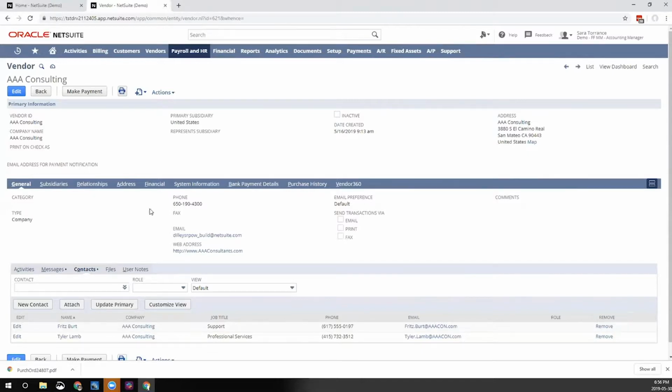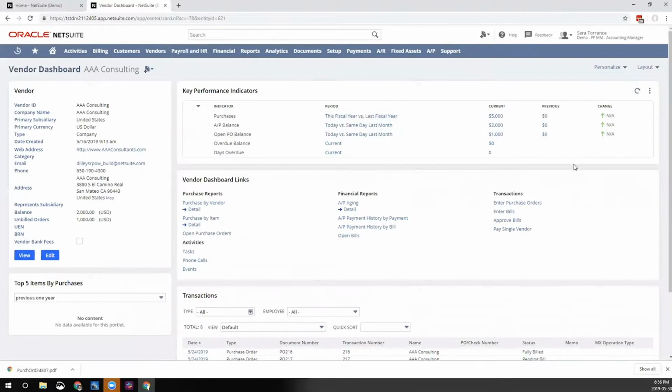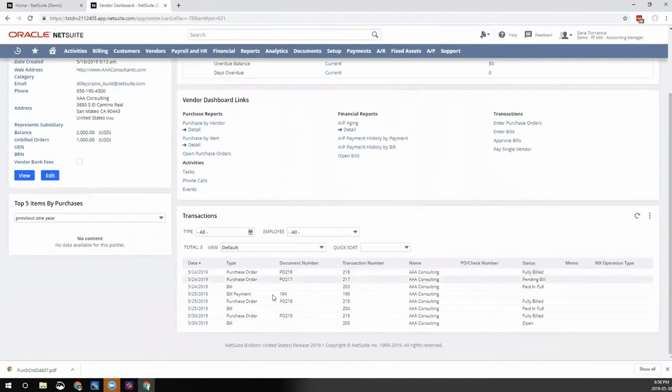Now, let's say that instead of going through all these subtabs, I wanted to see something in a more dashboard view. I can do that. So now we're seeing a vendor dashboard with the same information, but displayed in portlets. You see all of our transactions down here.